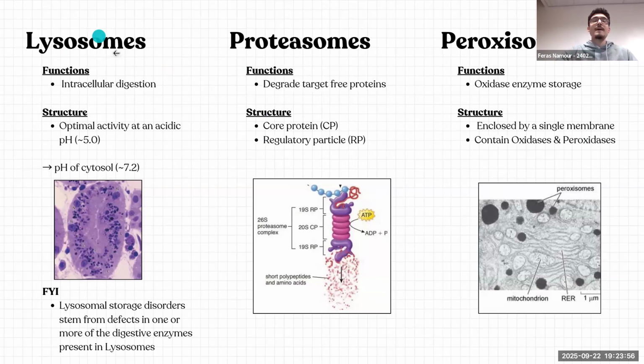Now, a lysosome, its main function is intracellular digestion. So throughout the cell life cycle, sometimes proteins are made, we finish with them, so we need a way to get rid of these proteins. We can either use a lysosome or a proteasome. So intracellular digestion, this lysosome, if we look at the structure, it's a membrane-bound organelle, and inside it,